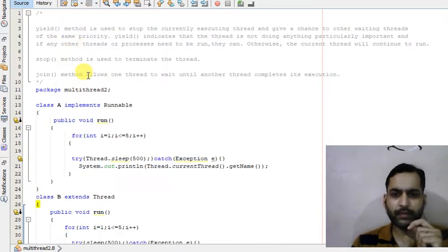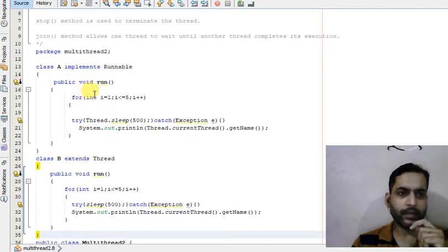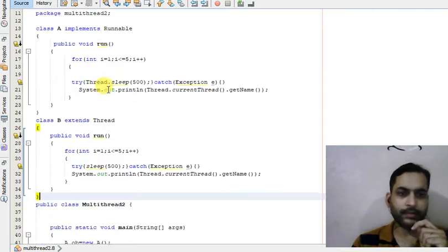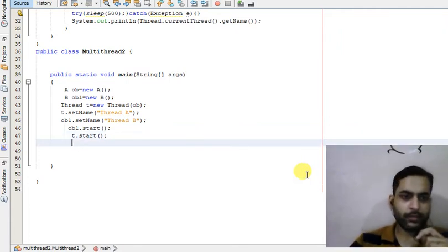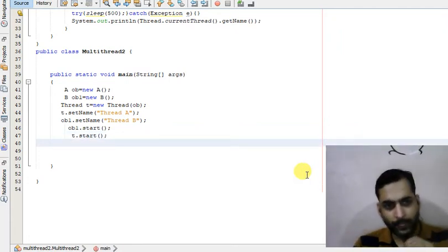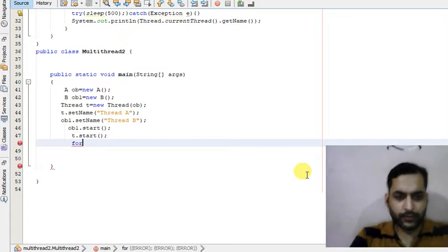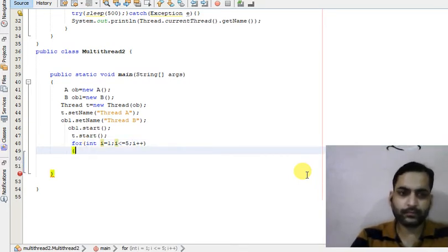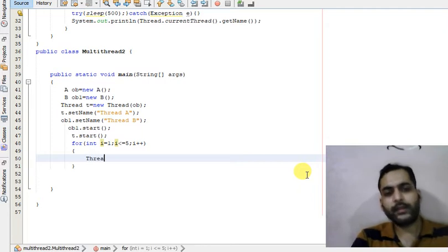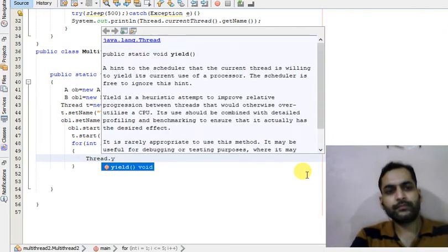So this is our previous example in which we have created the two thread class. So here I'll use yield method for i is equal to 1, i less than equal to 5, and i plus plus, and simply Thread.yield.